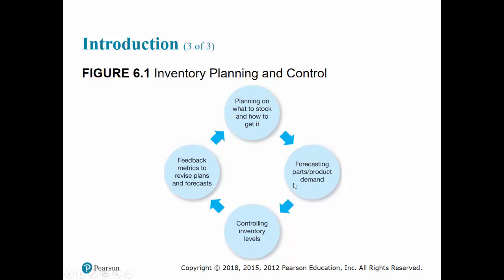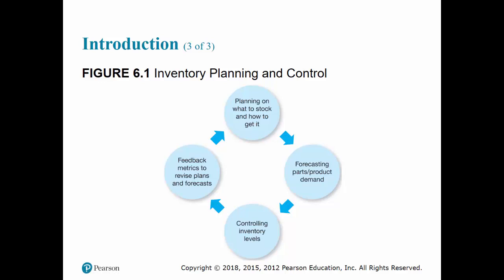Then you have forecasted demand for the parts, and you use that to develop inventory levels, and based on the performance of those inventory levels, which is measured by how many stockouts we end up having and what is the cost of carrying inventory, then we further fine-tune our plans. So it's a continuous cycle of decision, implementation,